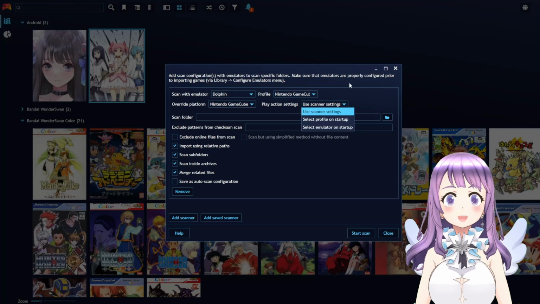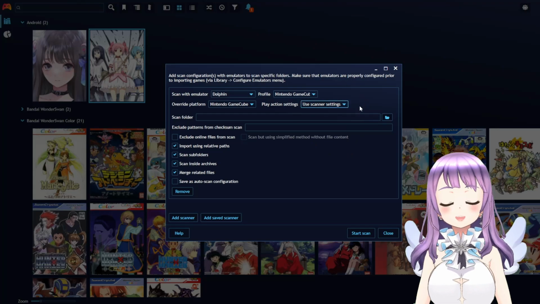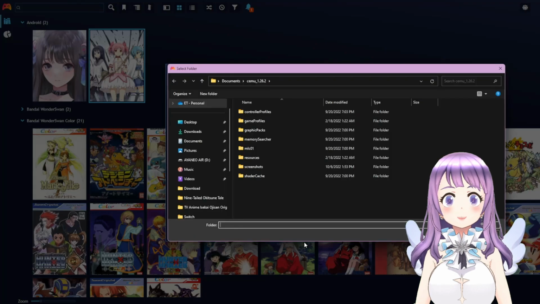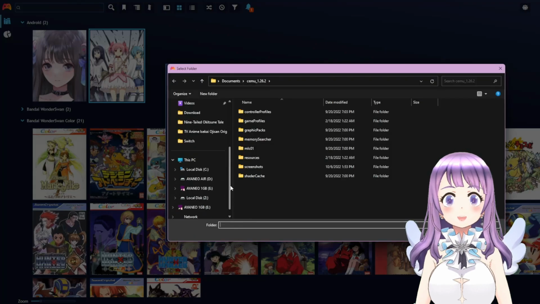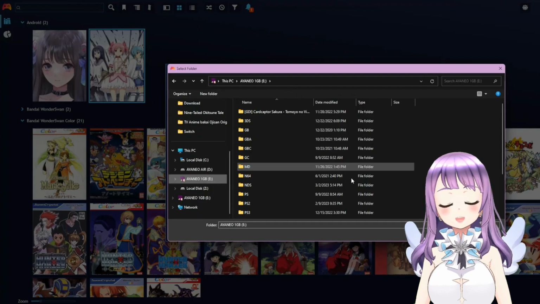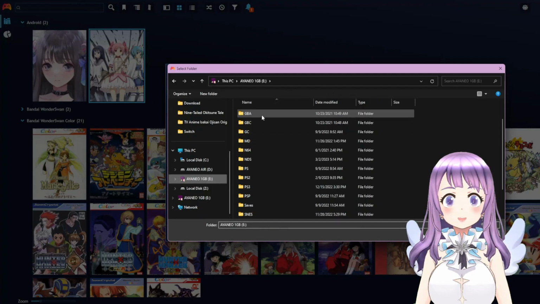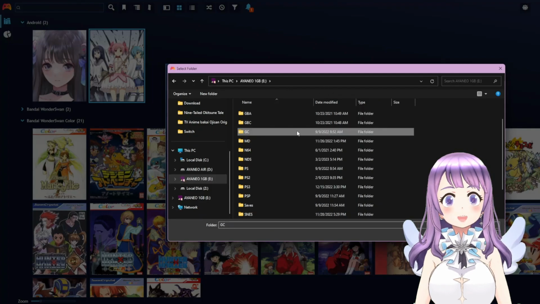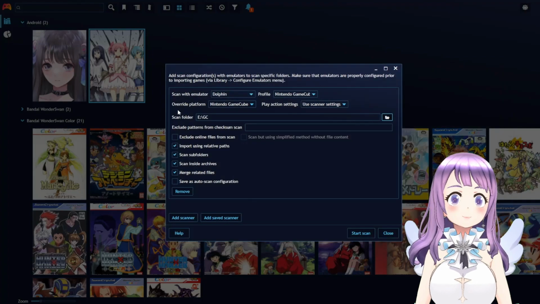We don't even have to select this. And then next we have to select scan folder. So here we direct it to where we place our ROMs. For example, I place it here, then I will select folder, and